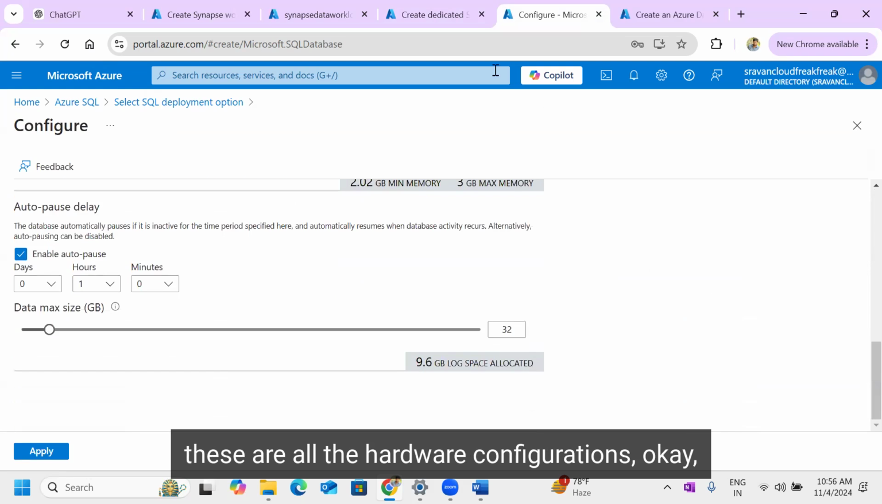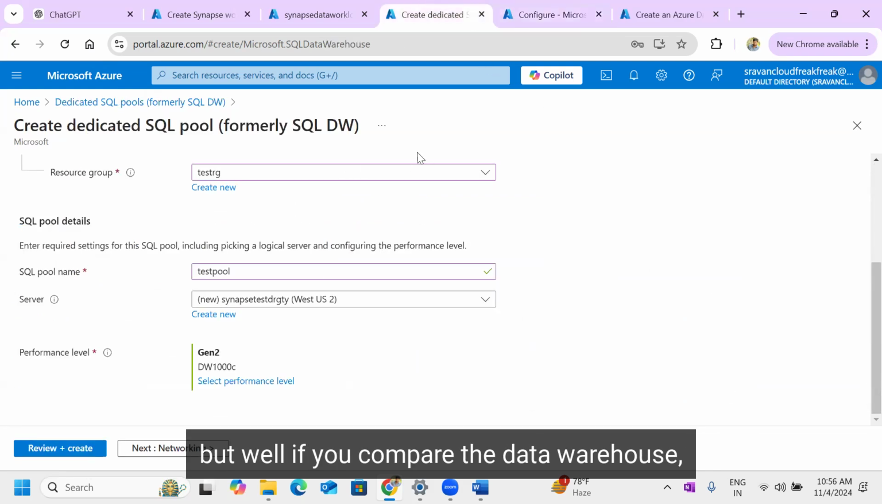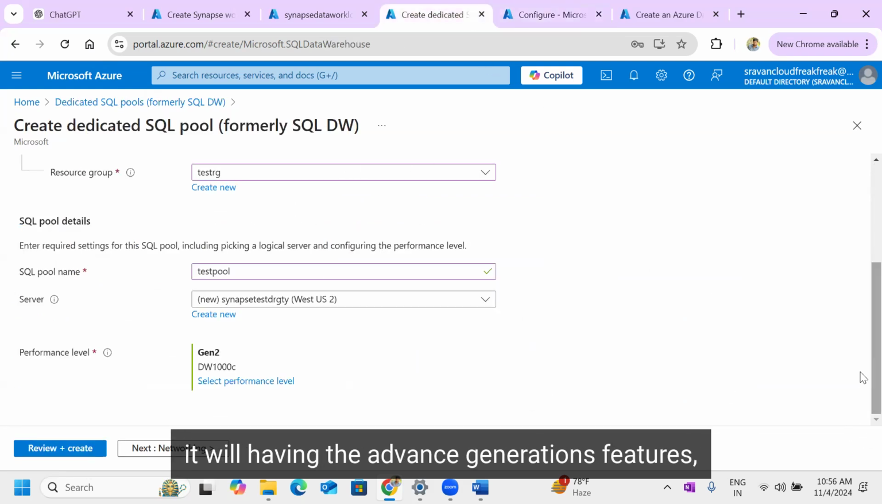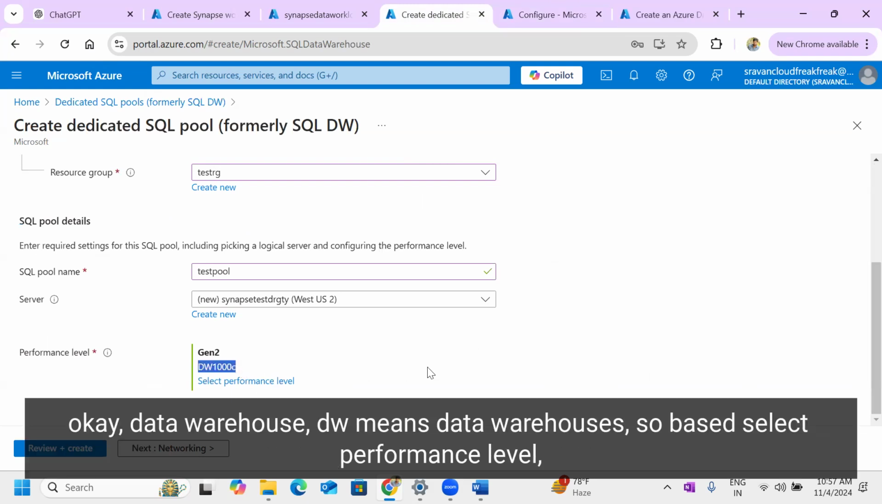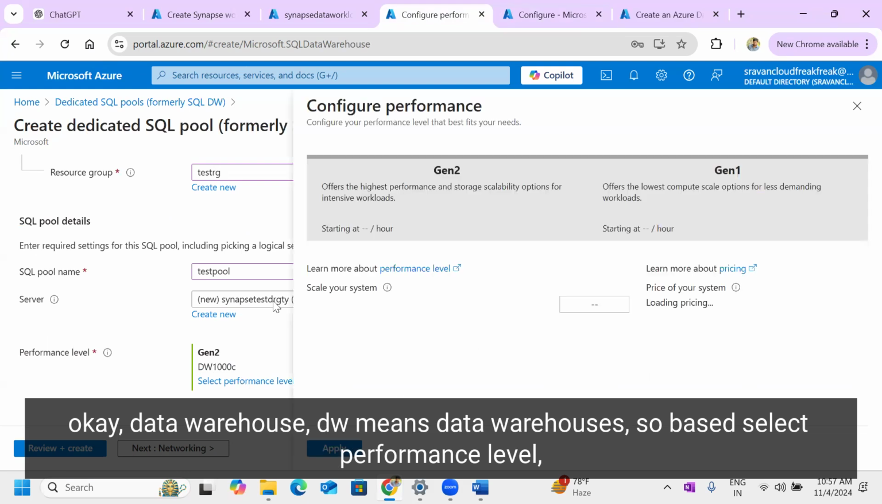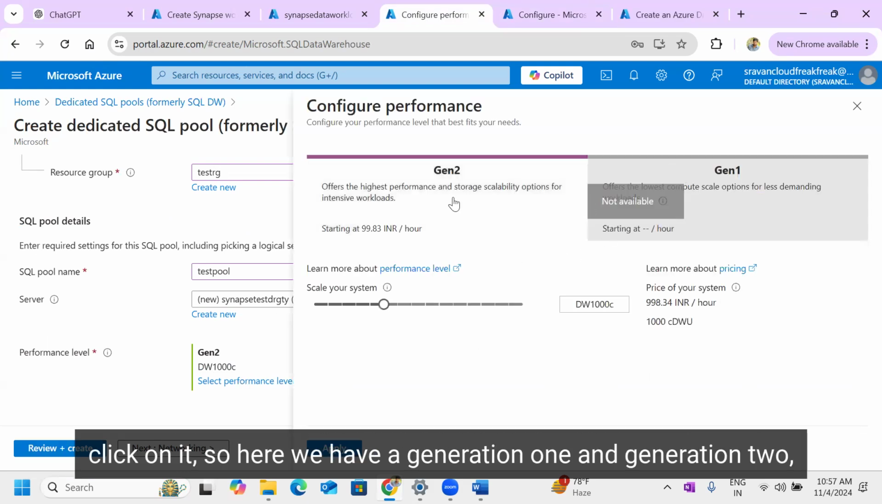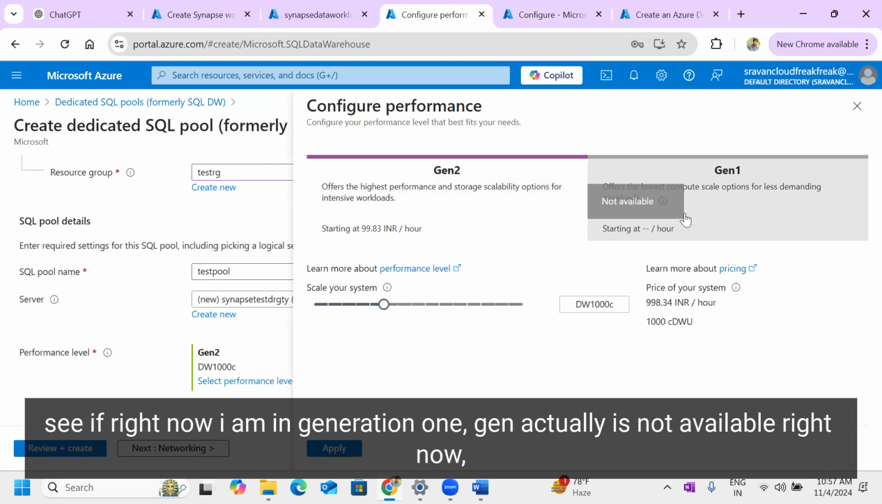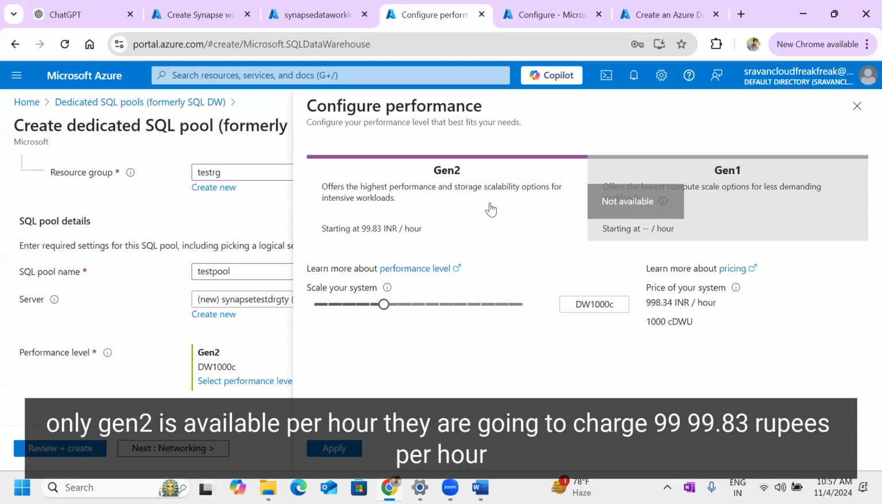But if you compare the data warehouse, it has advanced generation features. Data warehouse, DW means data warehouse. So select performance level, click on it. Here we have Generation 1 and Generation 2. Right now Gen 1 is not available, only Gen 2 is available. Per hour, they are going to charge